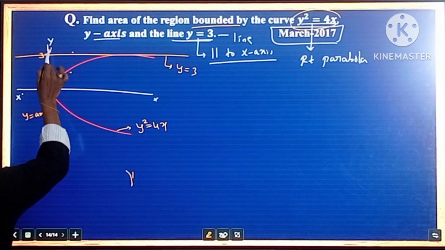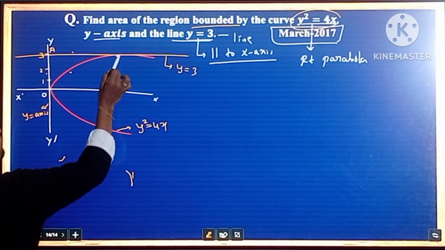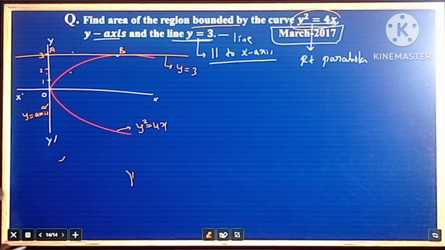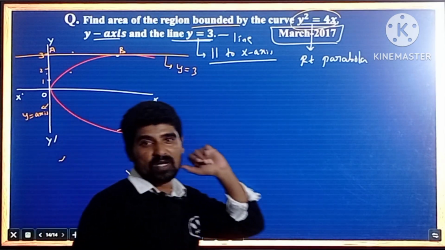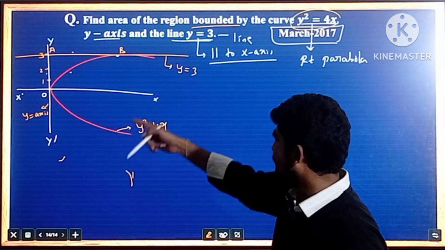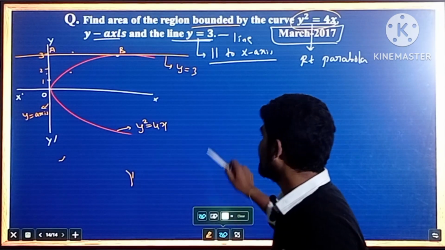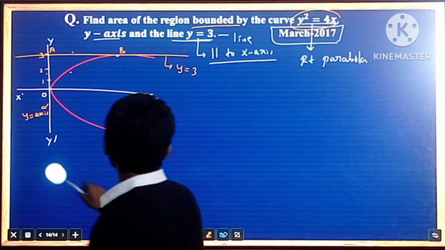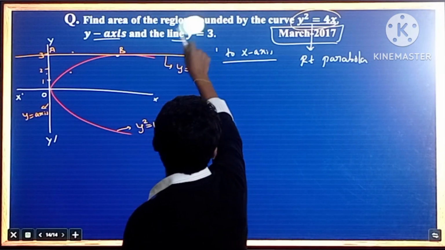OAB. Why? Because OAB is bounded by these given curves, y square equals to 4x, the y axis and the line y equal to 3. Therefore to find this required area